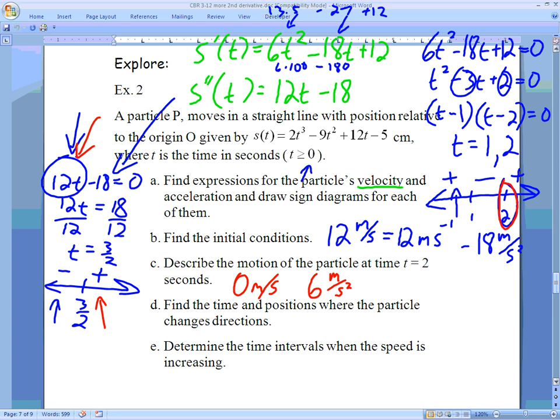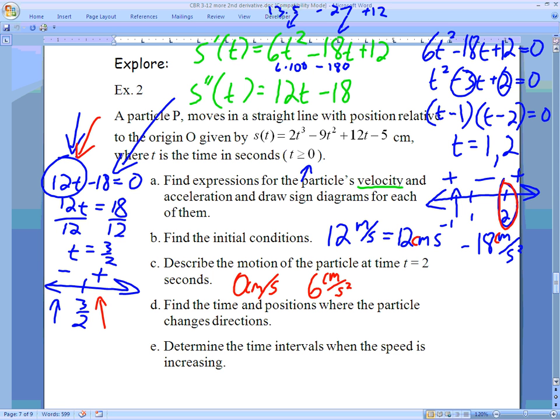Oh, and all these should have been centimeters. I apologize. So centimeters here, all throughout. Find the time and positions where the particle changes directions. All right, so changing directions, that would be where